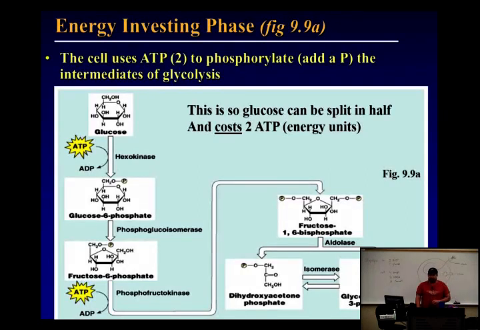What's a 3-carbon sugar called? Triose, right? Sugars end in -ose. So we made 2 triose from a... What's a 6-carbon sugar called? Hexose. Excellent. Now, there's an isomerase, so you can look at this and count all the carbons and oxygens and hydrogens, but I promise you this has the same chemical formula as this. So it's going to convert this into this. So what comes out of this is 2 glyceraldehyde 3-phosphates, which we call